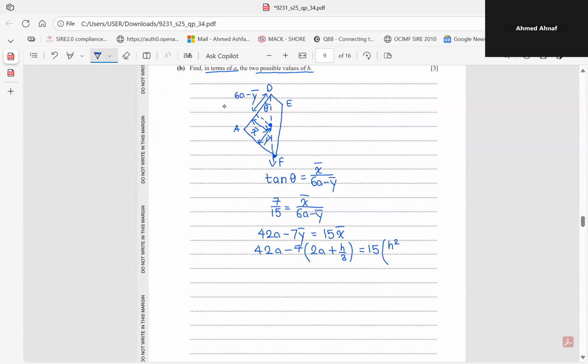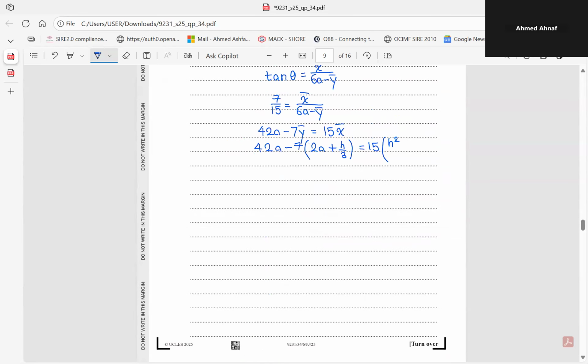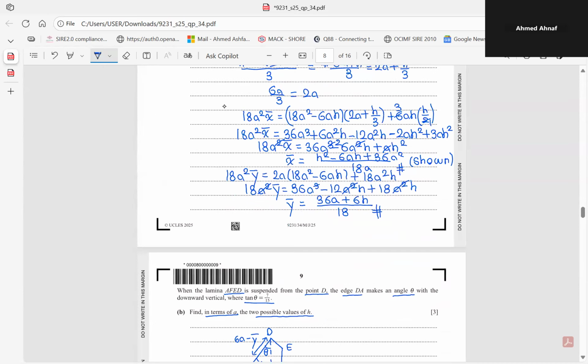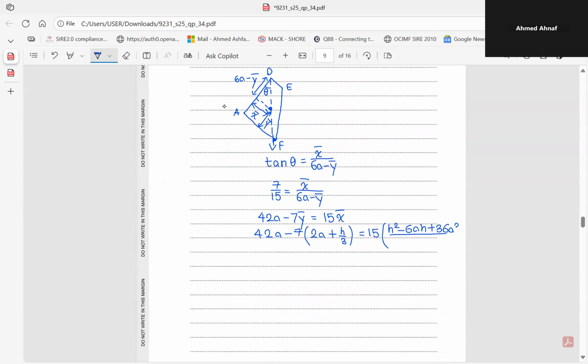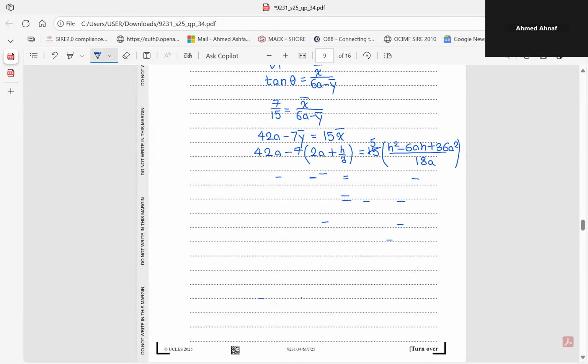So h squared minus 6ah plus 36a squared over 18. Okay, so this is 6a. So simplifying, you get 42a minus 14a minus 7 over 3 h equals to